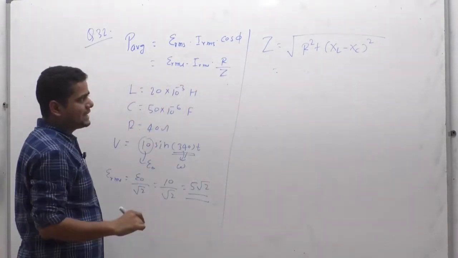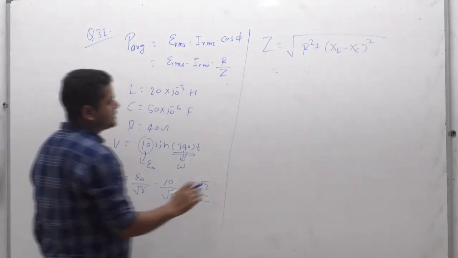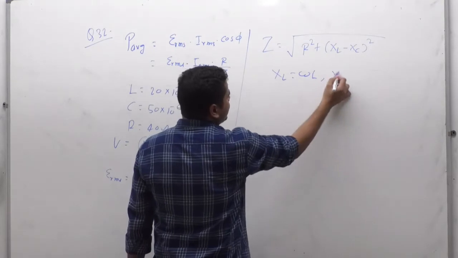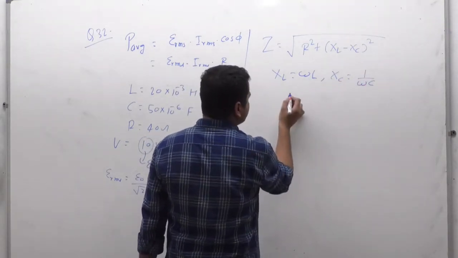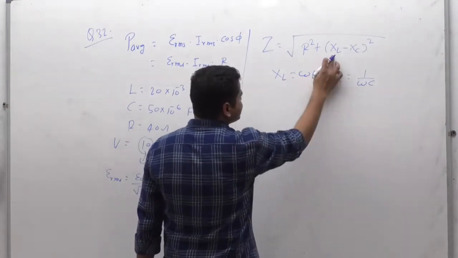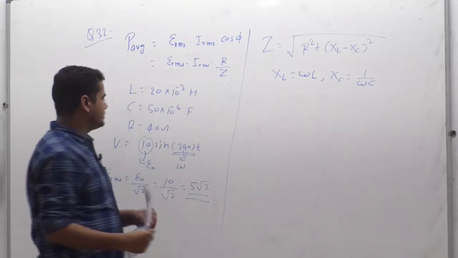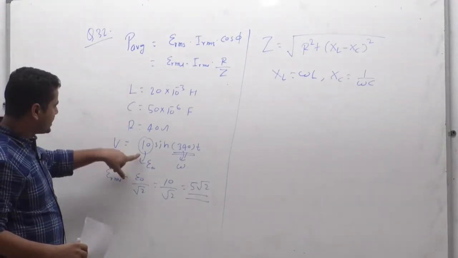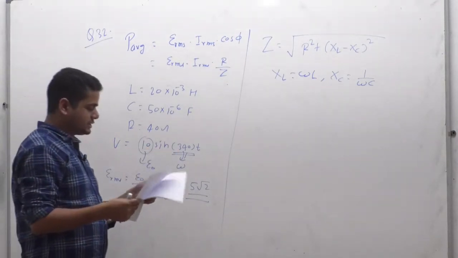40. What is XL and XC? XL you know, XL equal to omega L. XC equal to 1 upon omega C. So we will put the values of XL and XC in this equation, and the value of resistance, 40 ohm. So on putting L, C, R and omega, omega is 340, we will get impedance which is equal to,